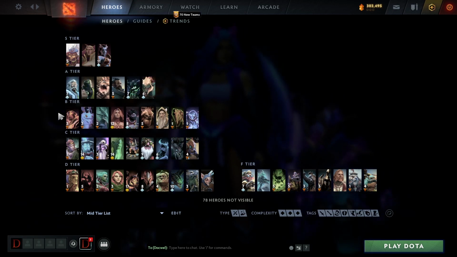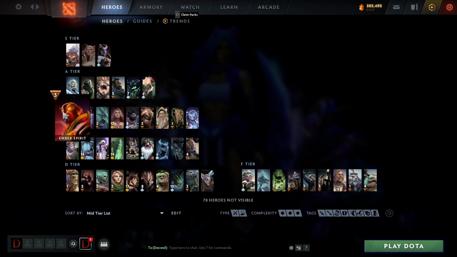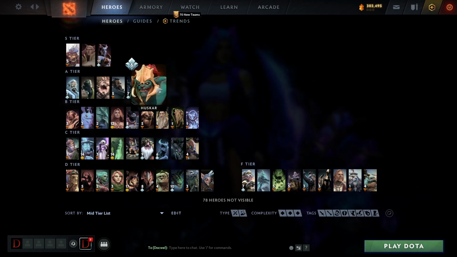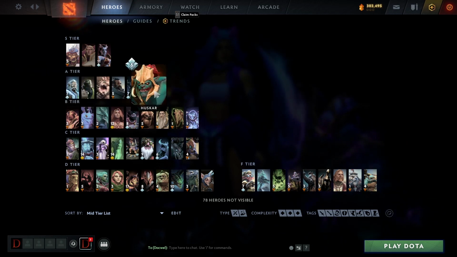And next we have B tier. So these are all just pretty solid heroes. In fact, some of these heroes you could say arguably deserve A tier, but here's a lot of quirky, unique heroes that I think are on the upswing, or like Primal Beast a little bit on the downswing, but all these heroes that are just